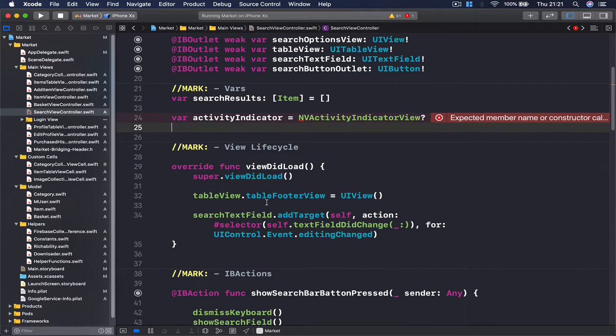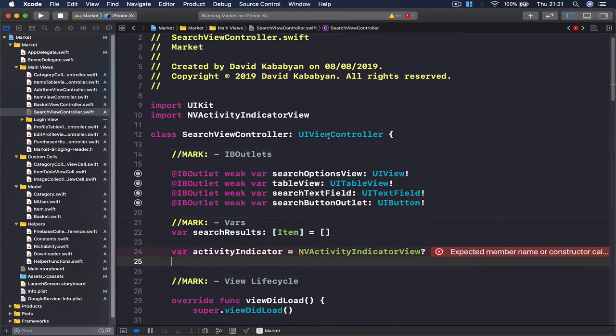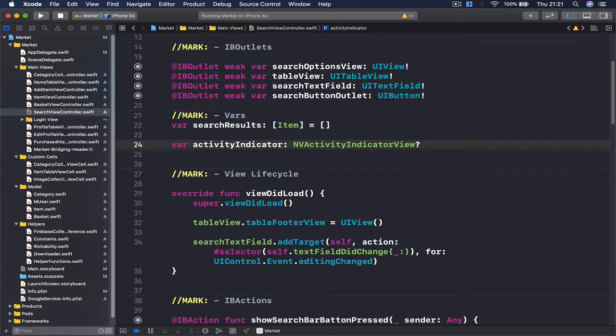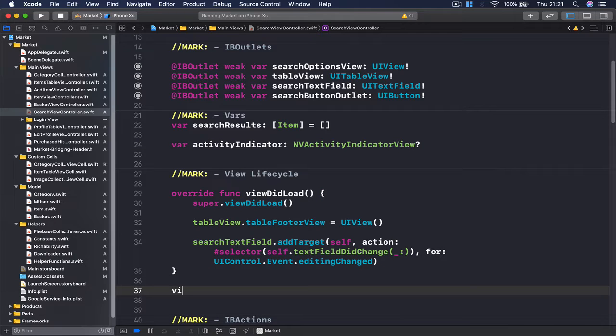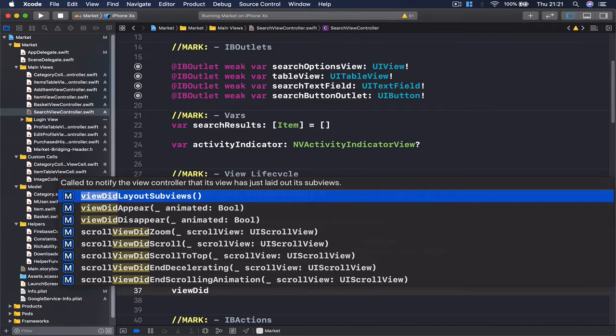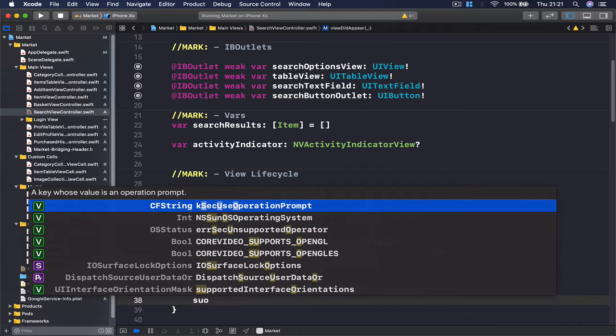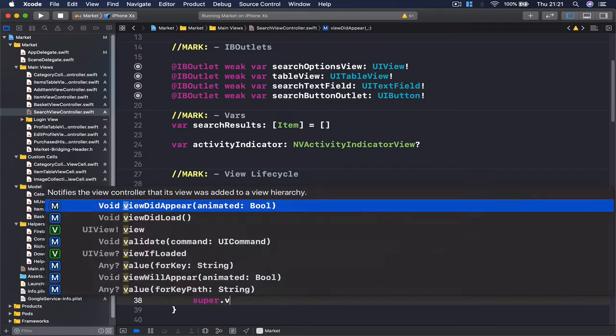Okay, in our viewDidLoad, let's see, expected, oh, it's not equals, sorry, it's just a colon here. Let's do this in our viewDidAppear actually, and then we say super.viewDidAppear